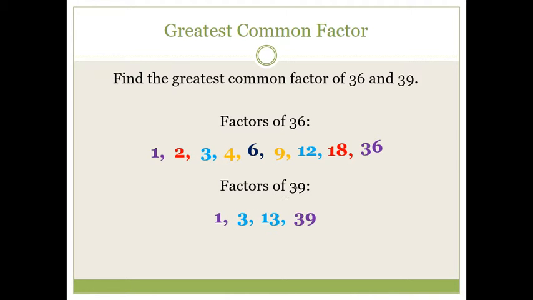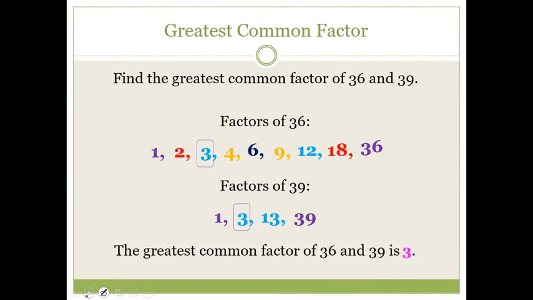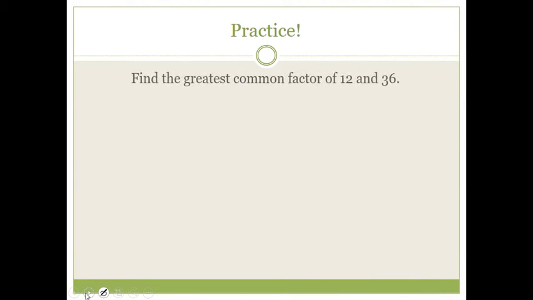Let's see, here's a 13. There's no 13 as a factor of 36 though, and there's no 39. So it's looking like 3 is the winner here. Right? The largest number on both lists is 3. So we say that the greatest common factor of 36 and 39 is 3. So go ahead and pause the video and take a moment to find the greatest common factor of 12 and